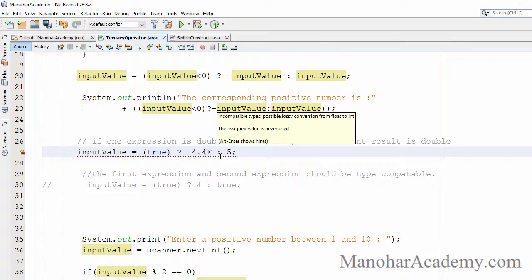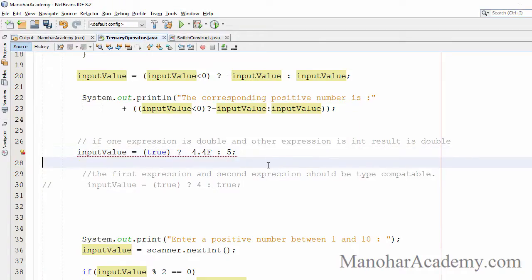Now integer and float, the resulting value is float. Okay, so I believe you understood this concept, because whatever is the other type is getting promoted to the proper type. Okay, so the thing we need to remember is they should be compatible. They are type compatible, because integer can be converted to double. For example, let's see another